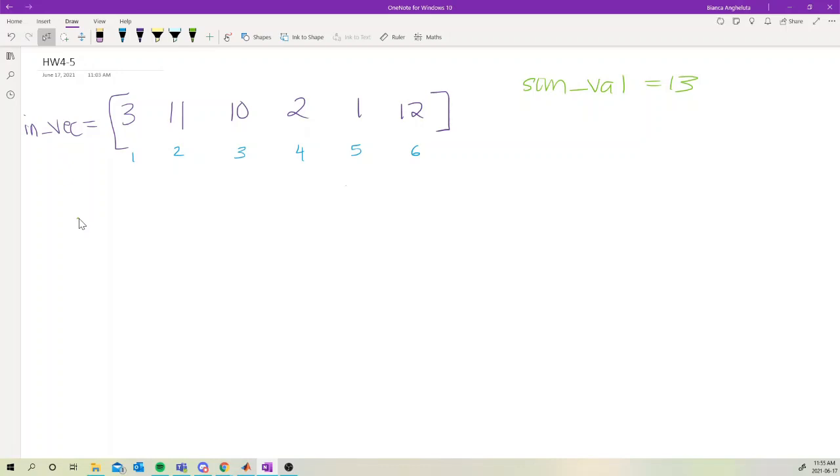Like we said before, let's say we're starting with 3, and then we want to add 3 to all the elements that it hasn't been added to previously, but we don't want to add it to itself. Then we want to go to 11 and add it to the other elements to see if it forms 13. Then we want to do 10, then 2, then 1, and then 12. So we want to go through all of the elements in this vector and see what other elements can be added to it to get 13. So our first loop is going to be going from 1 to n,